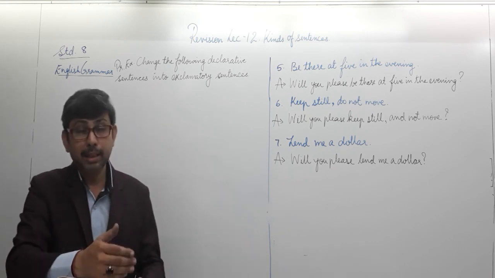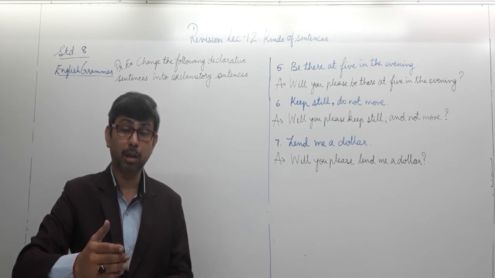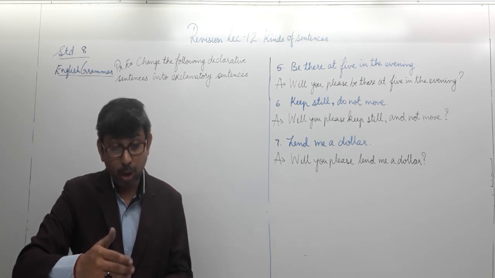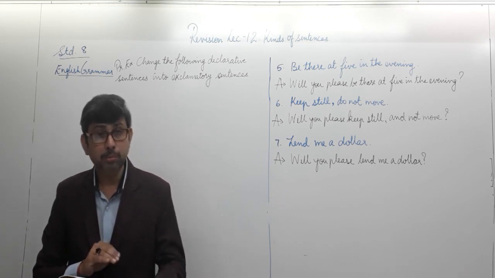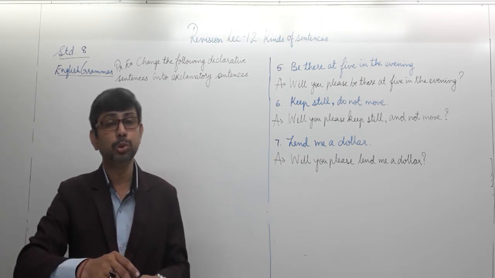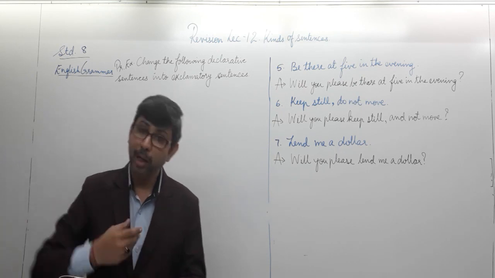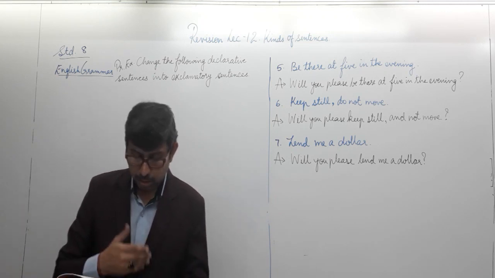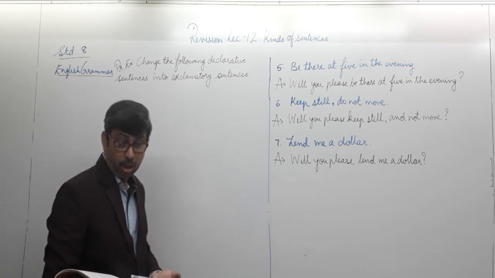When you change a declarative into an exclamatory, the first and important thing is to change the punctuation mark. The full stop, the period will be changed into the exclamation mark. That's very important. How to use it, where to use it is an important aspect to learn. Most of the times we have to use words like what and how in order to begin our sentence. So where to use what and where to use how is an important question that will be coming to your mind. As we proceed with this practice, we'll be learning about it. So let's get started. The first one,